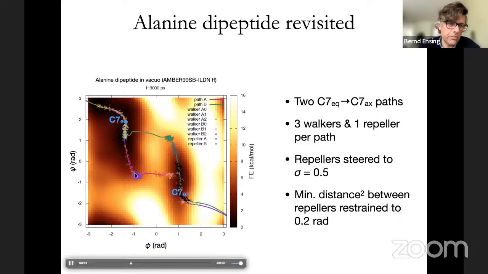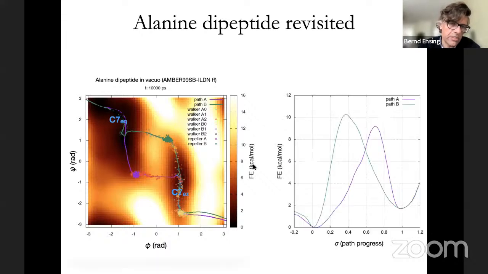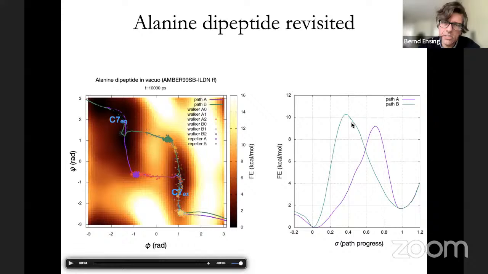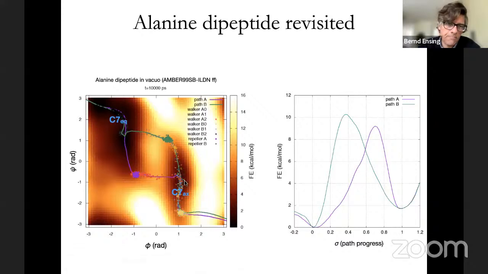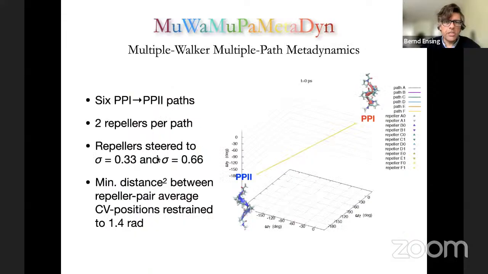And that's what you see here. So the purple one and the green one are the repellers, and you see they don't move. And the other guys, they optimize the path and they optimize the free energy landscape. And here you see the free energy along the 2 pathways. So here is a crossing, and here's a crossing, and maybe it's not so clear, but this is a little bit higher in free energy. And so we can actually